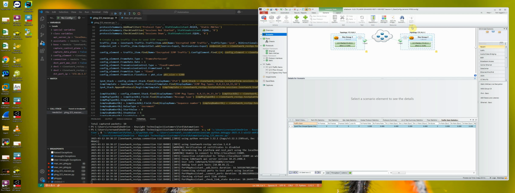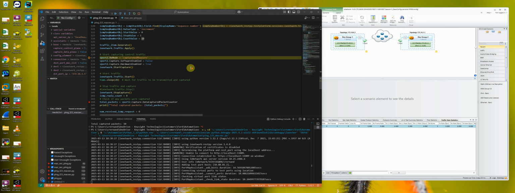But in my case here, all I'm going to do is just send the encrypted packet to the other side, and when it gets to the other side, I'm going to decrypt it using Wireshark and make sure that the ICMP message is correct in there. So as far as the test itself, the only thing I'm going to start here